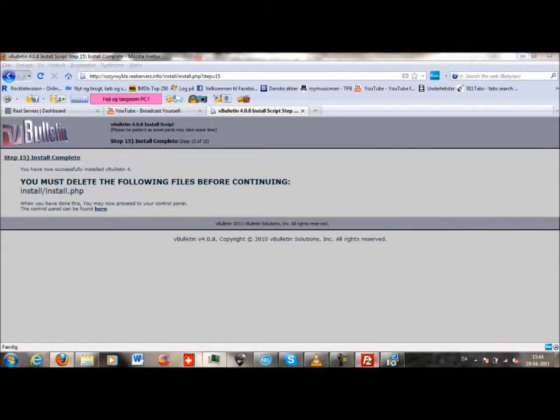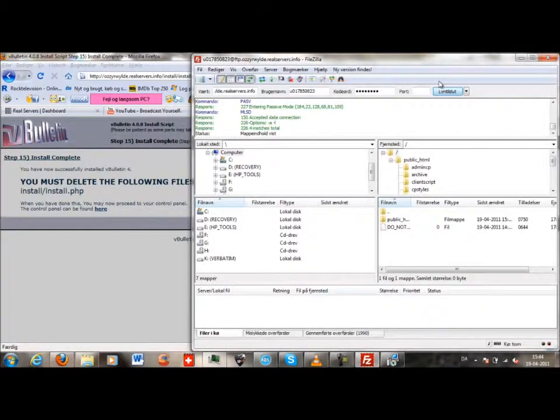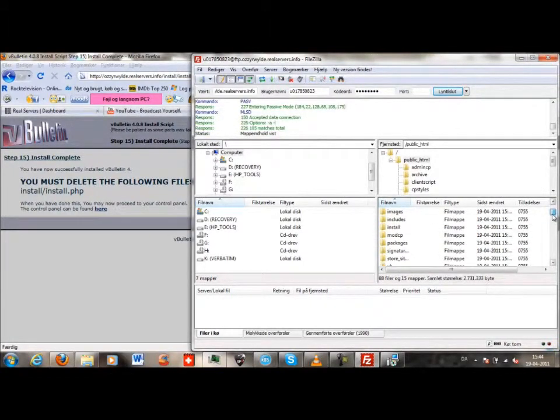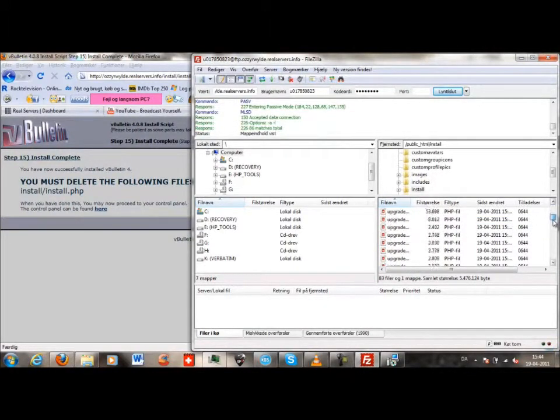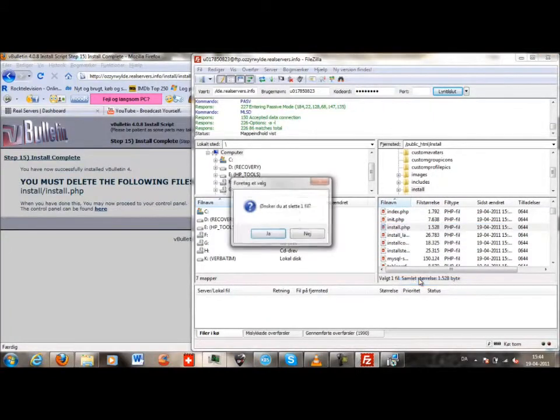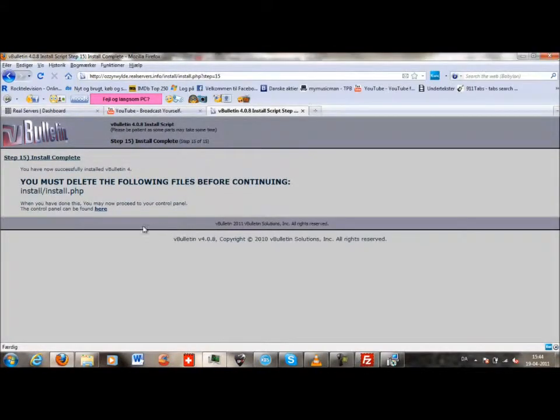Now we'll go into your FTP server and click on public HTML and go into install folder and delete install.php. Just delete it. And now click in the browser, click here.